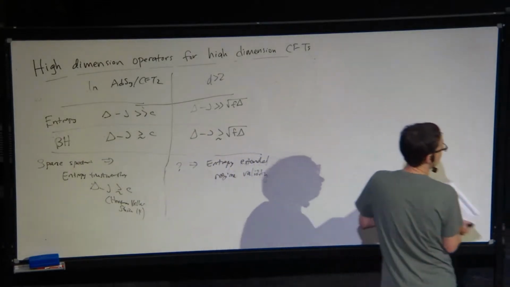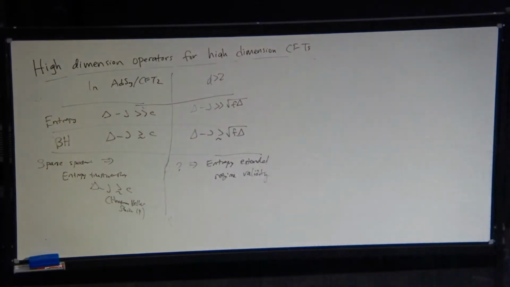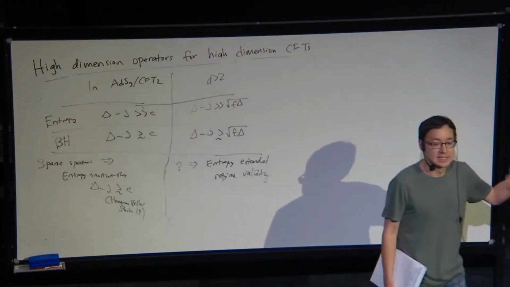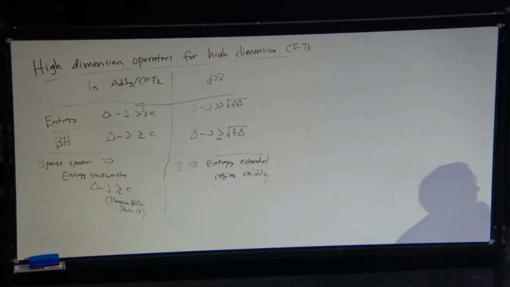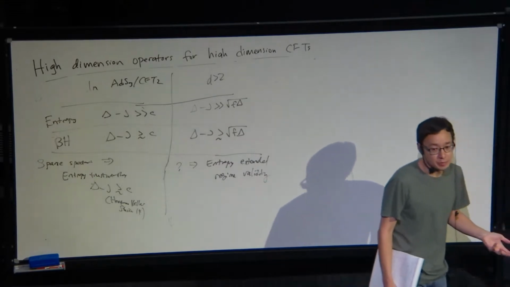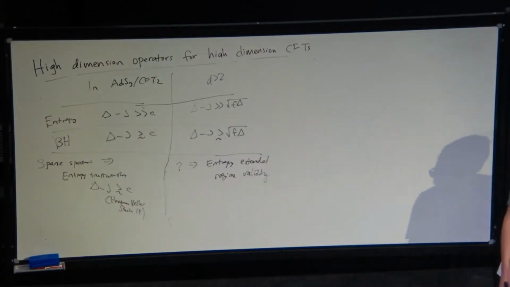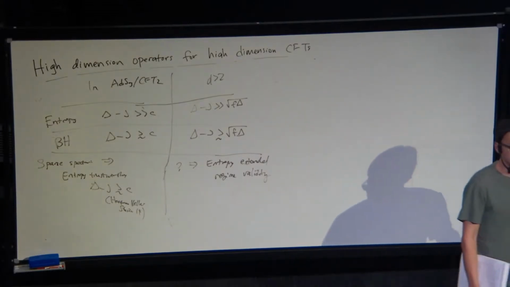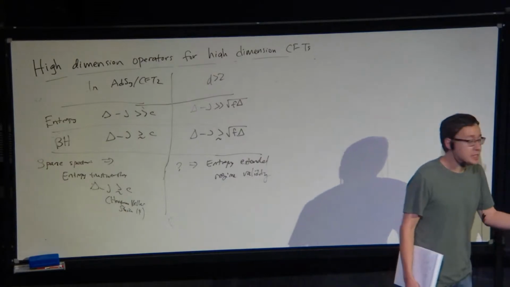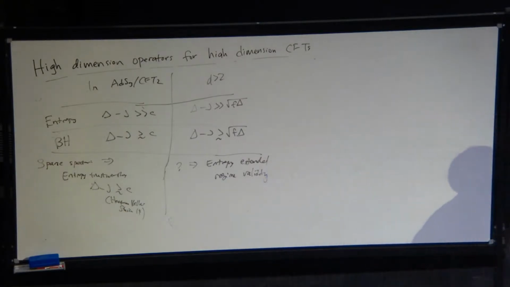Very good. Let me say one more comment about this general form. Another thing that we did, just as a sanity check of our results: there's a lot of numerical data computed by many people in this room about, for example, the 3D Ising model. In particular, a lot of the operators have been numerically computed up to dimension like 8 or 10. So what we did was we explicitly constructed a partition function. Of course, not all of the operators are known, maybe only the Z2 even ones. But we explicitly constructed the partition function as a function of their dimension and their spin, plotted it, and fit it with just this leading term.